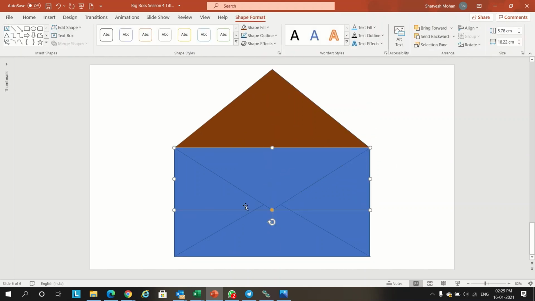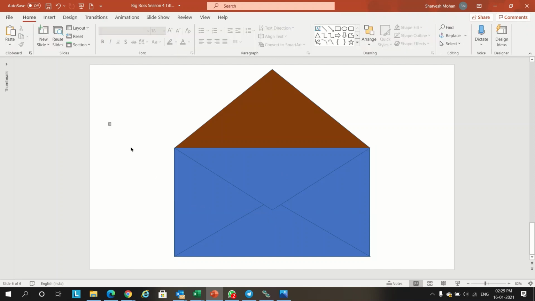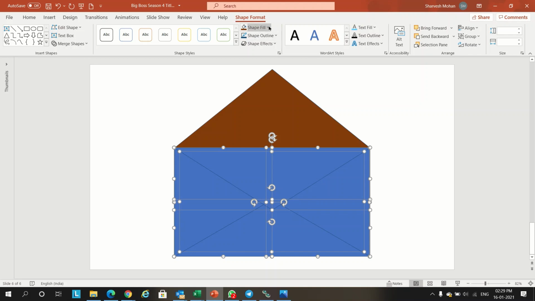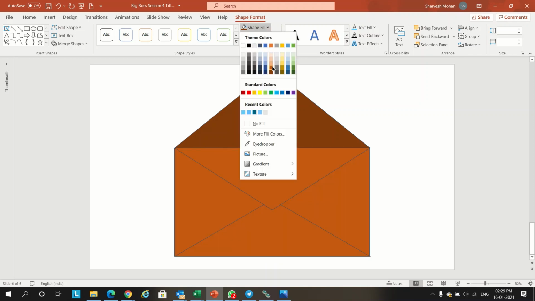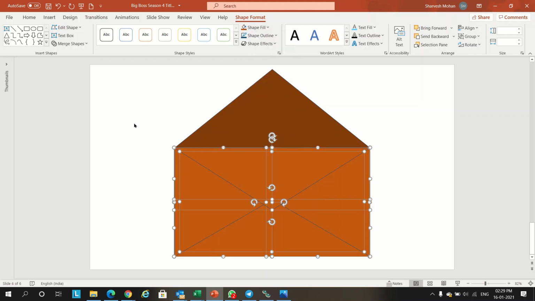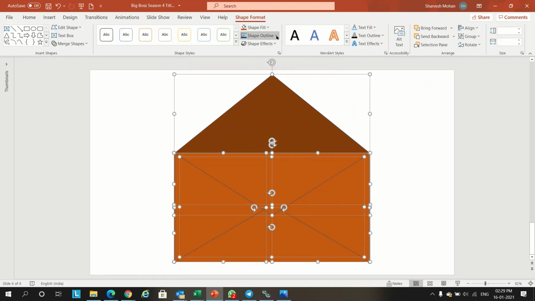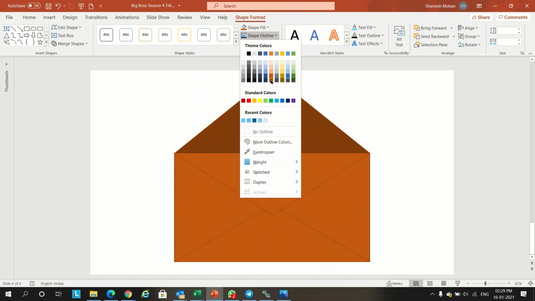And if required, we'll change all the 4 colors to this one, and we'll give an outline color also this one.